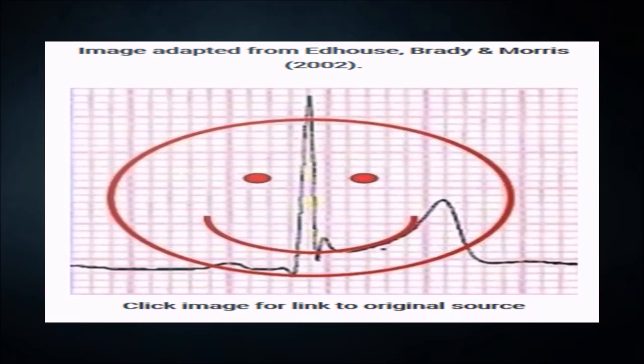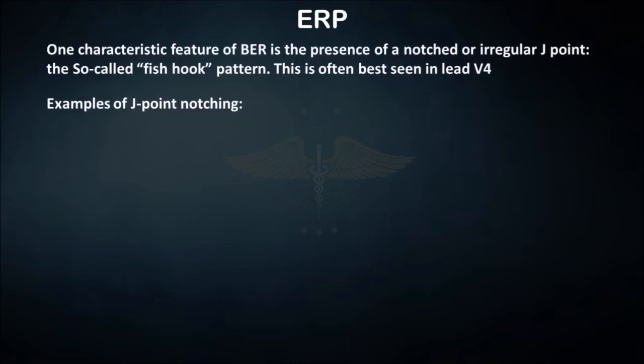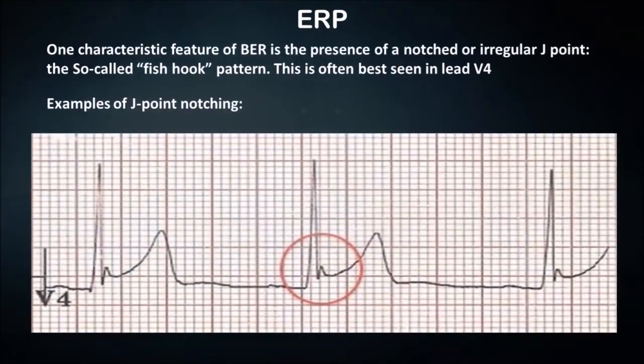smiley face of the early repolarization, also called benign early repolarization. Here you can make a misdiagnosis of pericarditis with ST elevation. It is asymmetric and has a long concave upstroke. Here you see the long ascending limb, shorter descending limb, and a fish hook appearance. Again you see the typical J point notching, and here in V4 to V6,